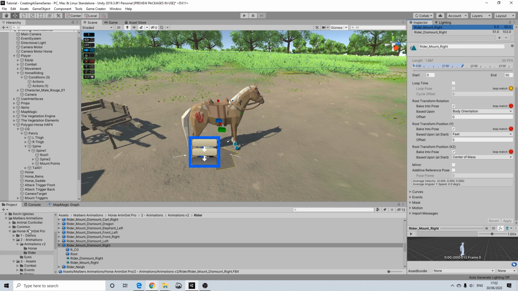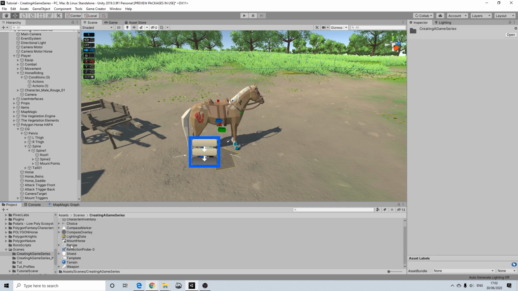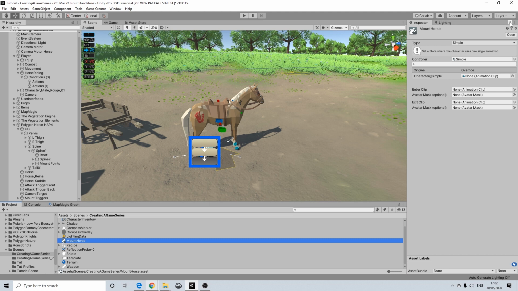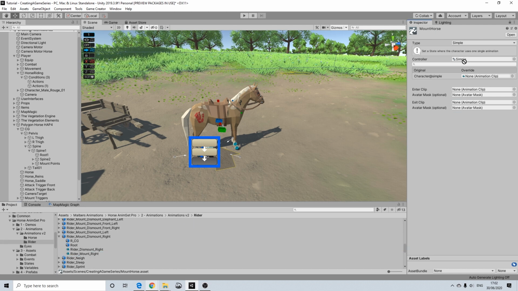So next up, let's actually add those to our state. So we're going to go to scenes. I should have definitely locked that, but that's okay. I'm going to go to scenes, and then I think I have it here. I'm going to lock this, so this will allow you to lock it in the inspector. We're going to go back to this set, and we're going to drag these in. So mount will be the character simple, and dismount is going to be